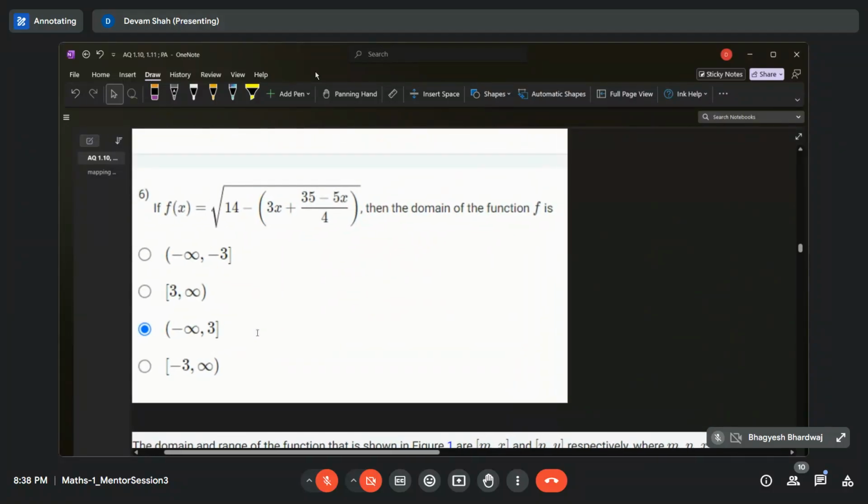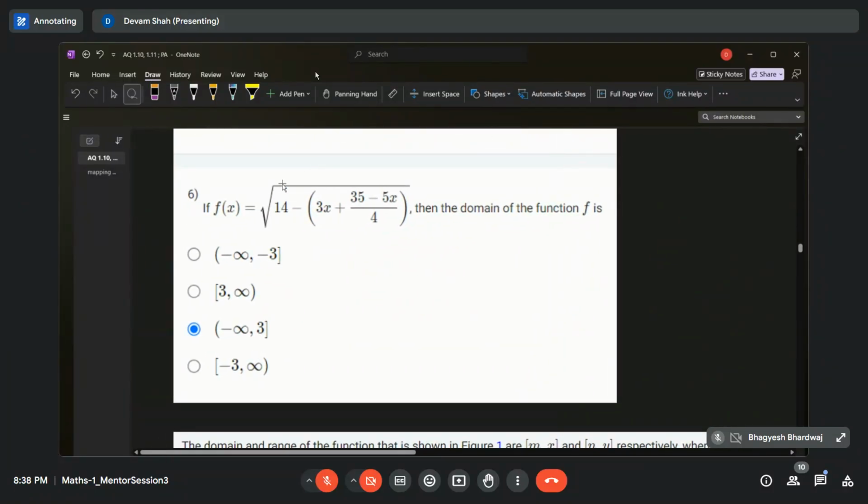So here, for this to be valid, this thing should be positive, right? Yes, sir. Yes or no? Yeah. So 14 minus (3x plus 5x... ) should be greater than or equal to 0, right? Yes, sir. So open the brackets. You will get